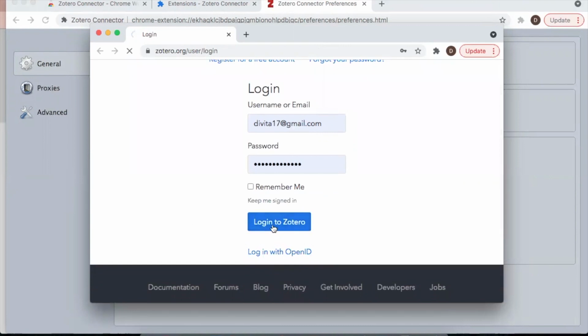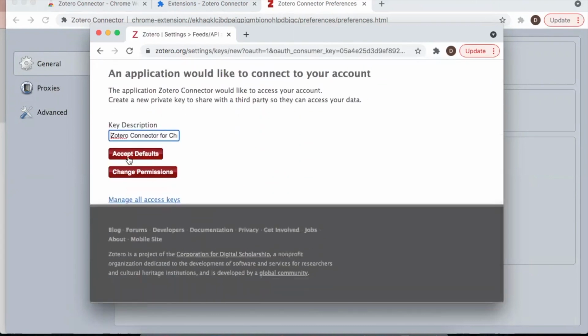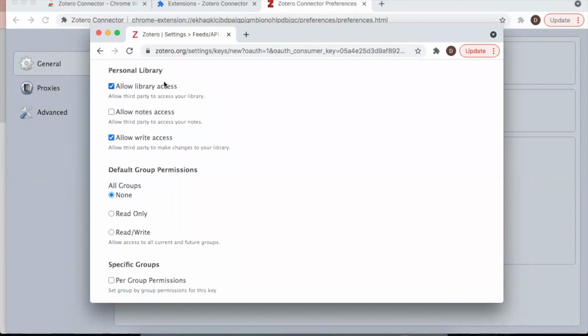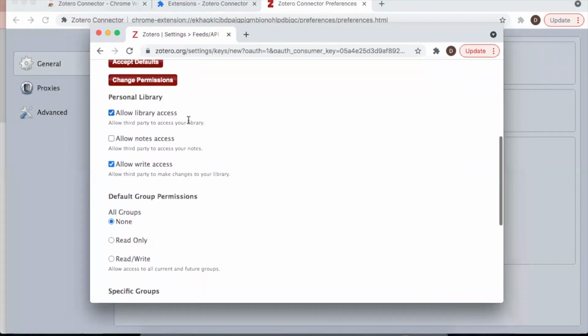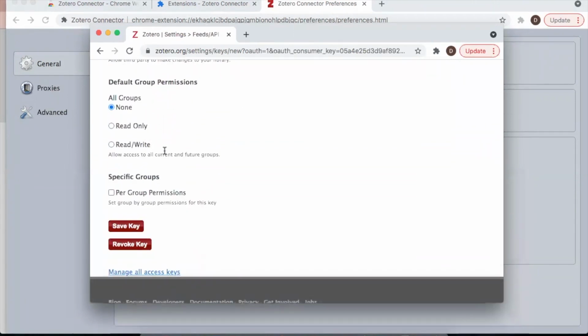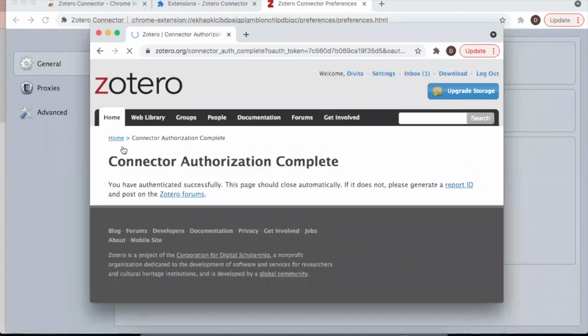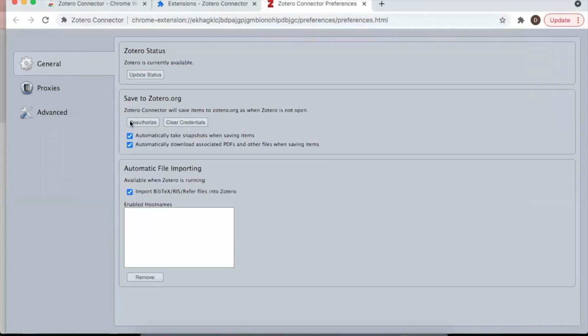So I will be logging in again. Here it says change permissions, so I will click on change permissions. Then there are certain settings, allow library access. Just keep it at the default. Then you click on save key, and it will get authorized.